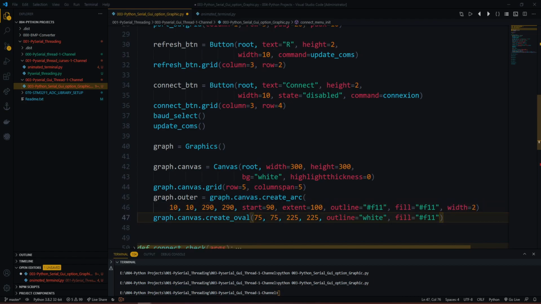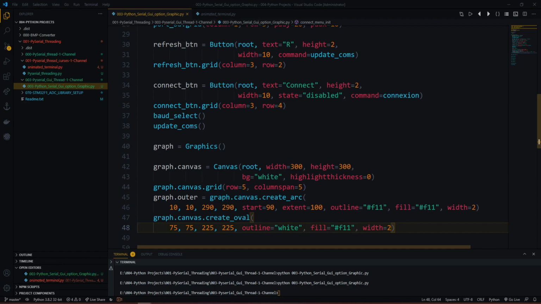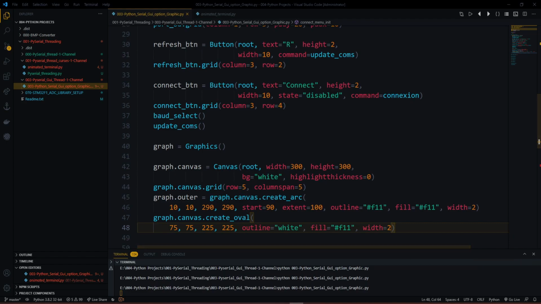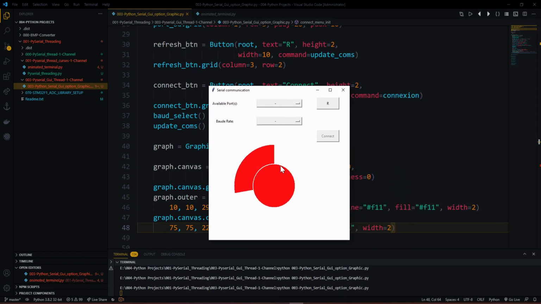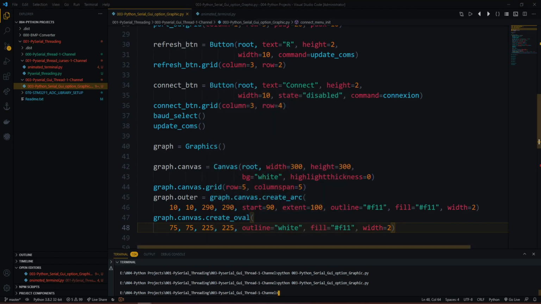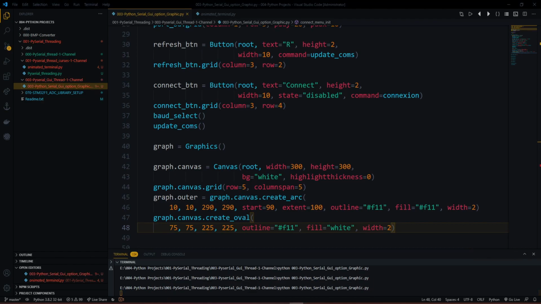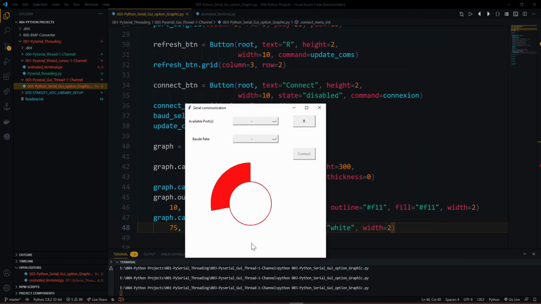That's not a big problem here. So let's check, and we should be good. Let's see here. Actually, yeah, we are not good. It's the opposite somehow. Let's change the fill, should be white. And let's move stuff before. Okay, and we put the F11 like this here. Yeah, and we do have a very beautiful inner circle